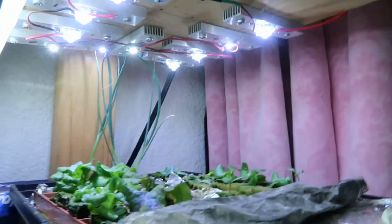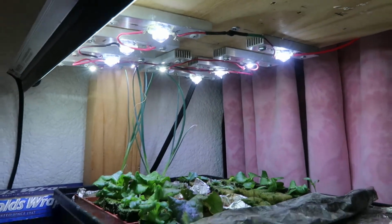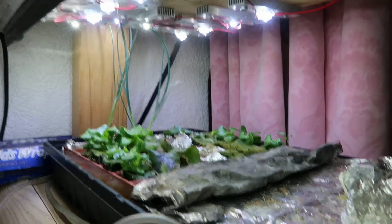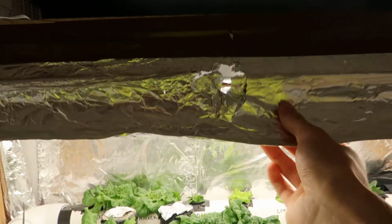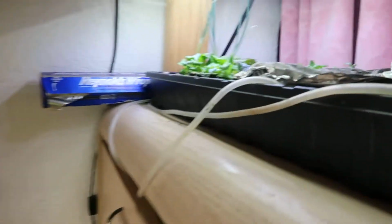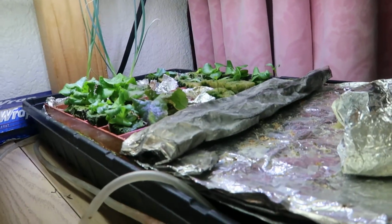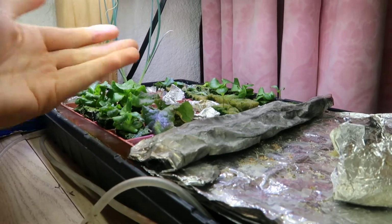because I made it. If you look up, these are all my own LEDs that I put together. Now you don't have to do that. In fact, I recommend that you don't do that. I've done a lot of research on lights. I've wasted money on lights. I've done just red and blue spectrum, and then I have what I have now, and I'll make another video on that. But anyways, I get the seeds to germinate in rock wool cubes, and then they grow in here